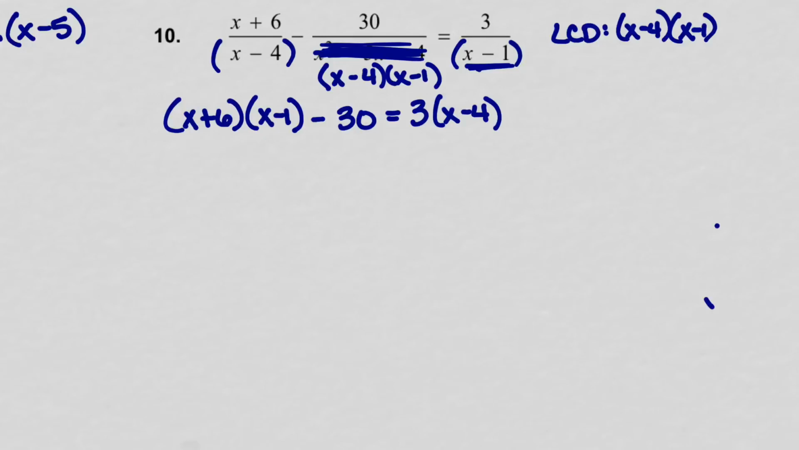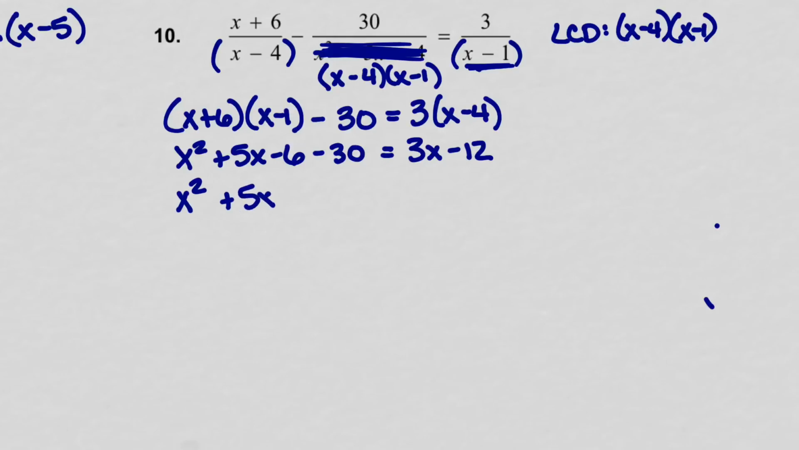Okay, now I need to do some distribution here, so I get x squared plus 5x minus 6. Remember, you take x times both terms, 6 times both terms, and then combine all your like terms. And then I still have that minus 30. It's going to equal 3x minus 12. All right, so then, combining some like terms here, I have x squared plus 5x minus 36 equals